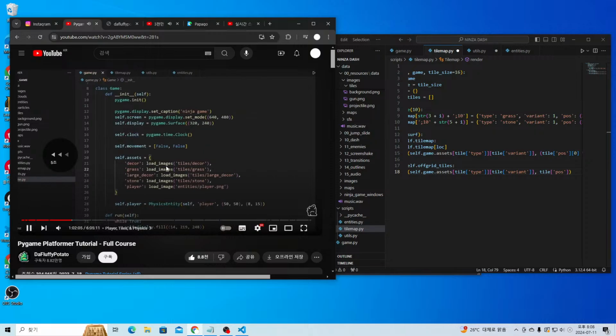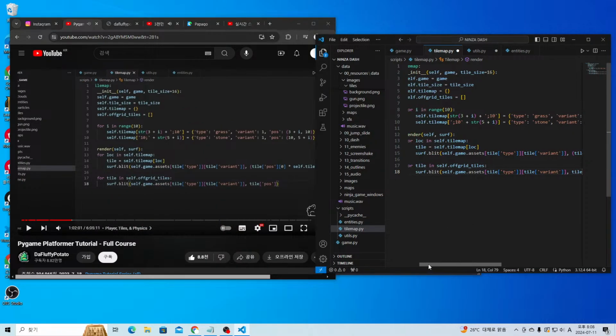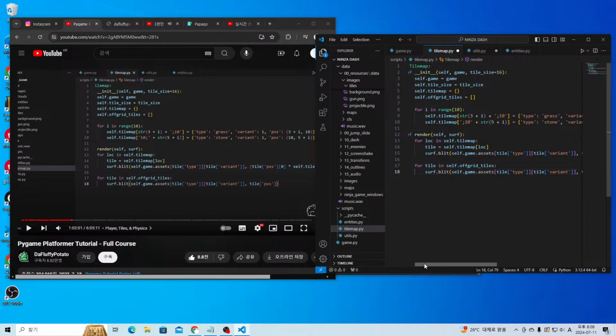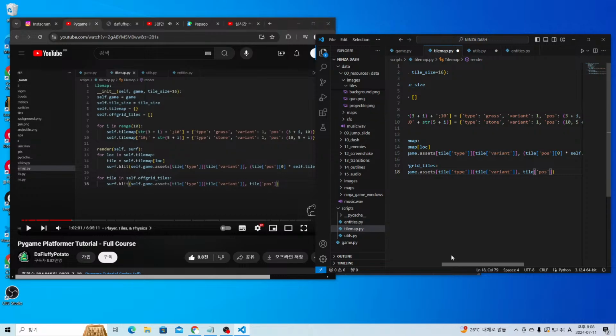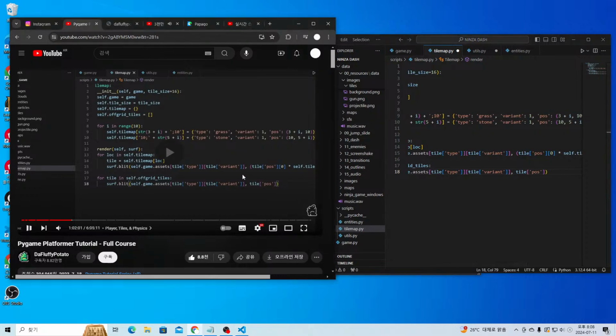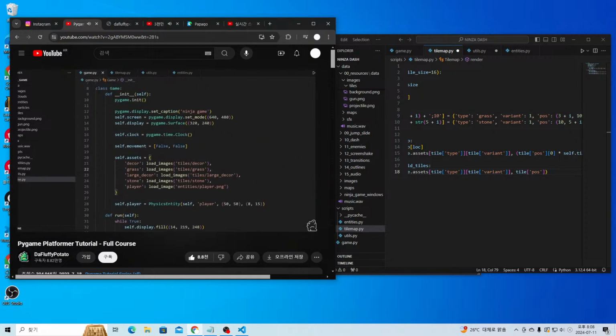Dot load it in. All right, so we have our tile map. So let's go ahead and load it in. For that,